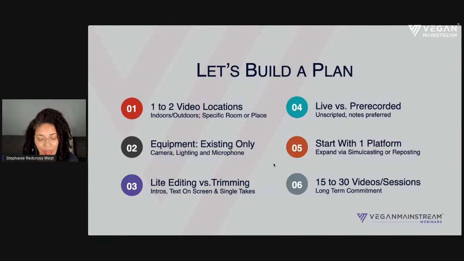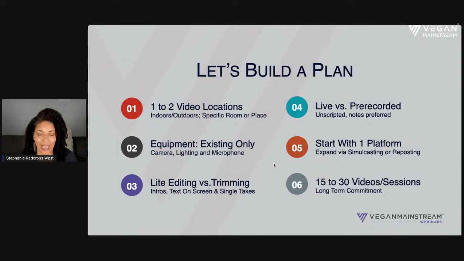Okay. The next thing I want you to do is start with one platform. If you're doing pre-recorded video, pick the platform you're doing your pre-recorded videos for. Create them for YouTube if that's going to be your primary channel. It doesn't mean you're not going to multi-purpose this content or use it other places later. It doesn't mean it's lost because I'm just doing one platform, but I need video everywhere.